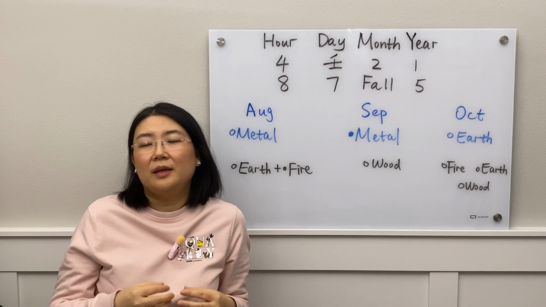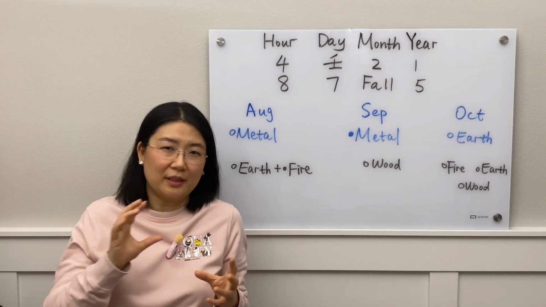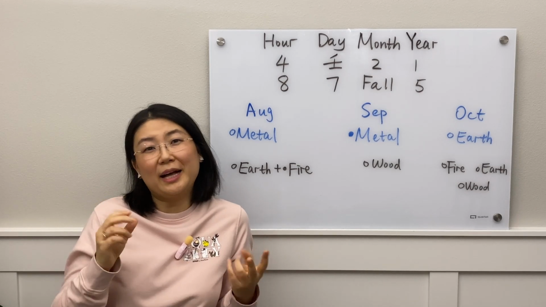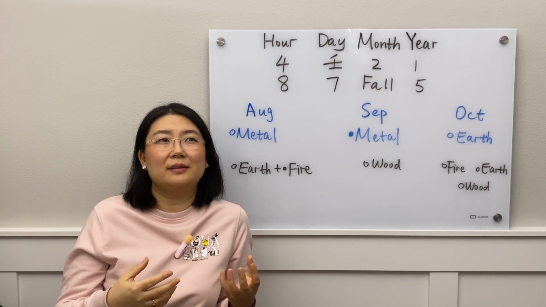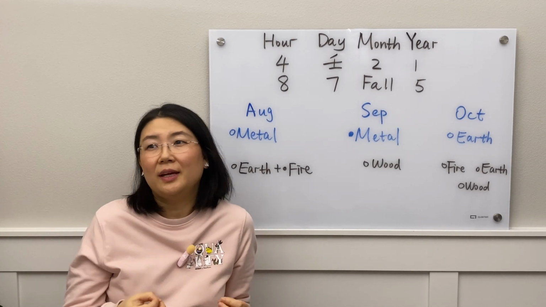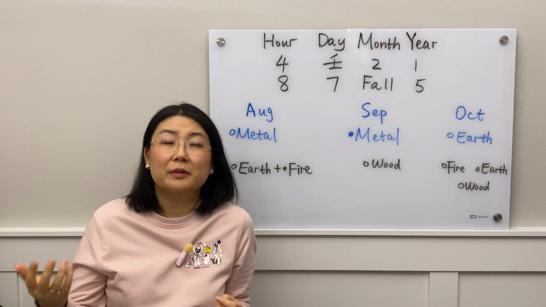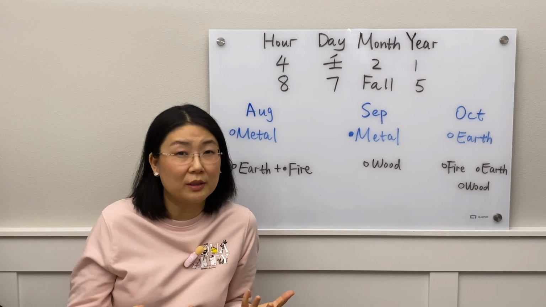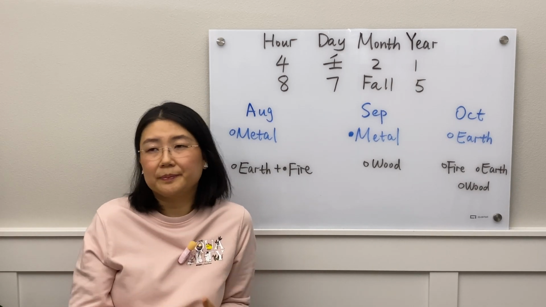And if the metal element is not too much, it's in a balanced condition, which means it's a favorable element to show up in your chart. It actually represents people who tend to help you in life, either your people above you, like your bosses or supervisors, family members, especially those who are older than you. They tend to take care of you, which is a very good thing.